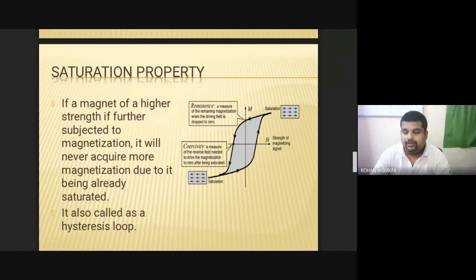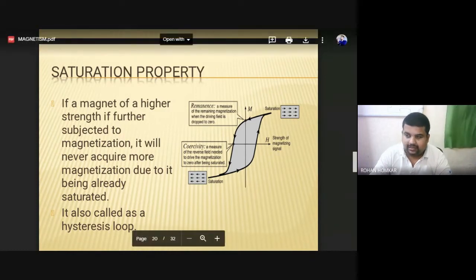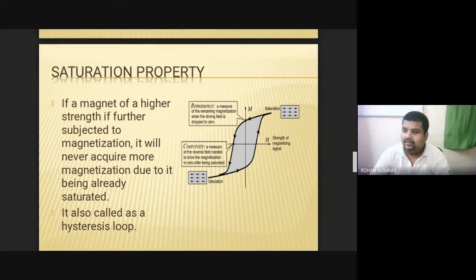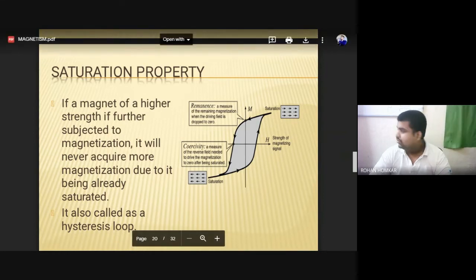Beyond that, the strength of the magnetic signal is not going to increase, and the magnetic field area is also not going to increase. So this is what we call the hysteresis loop. Okay, so moving ahead with this. The boundaries of this hysteresis loop can be increased.